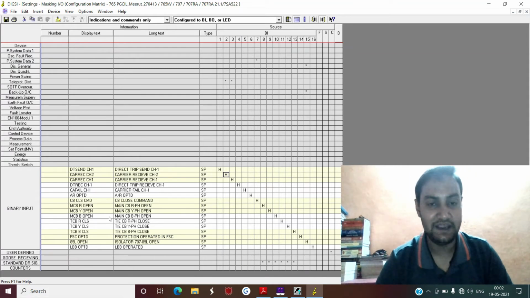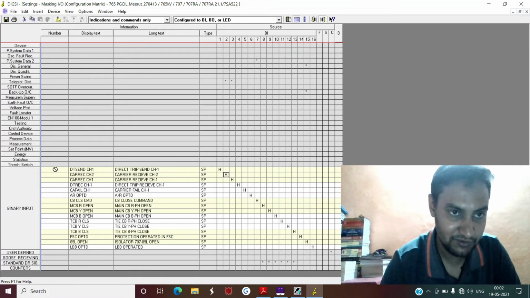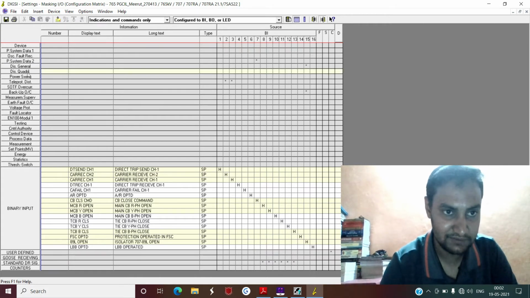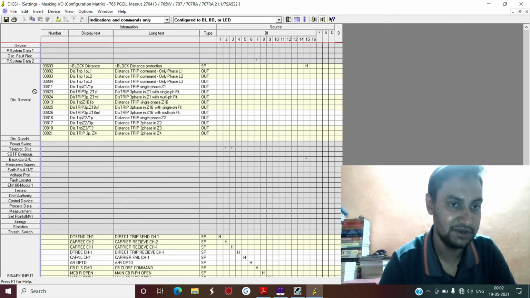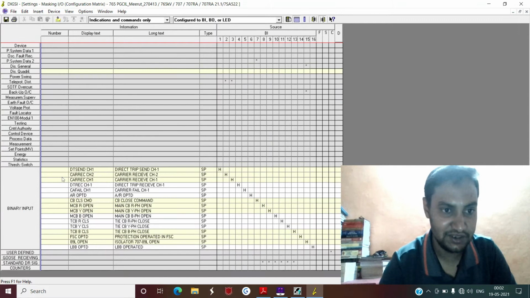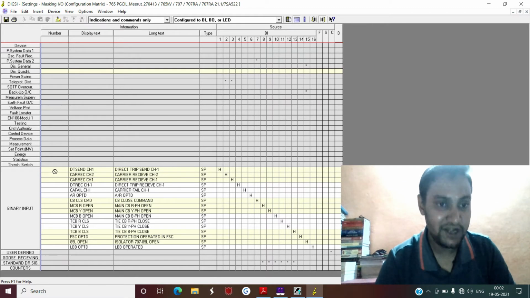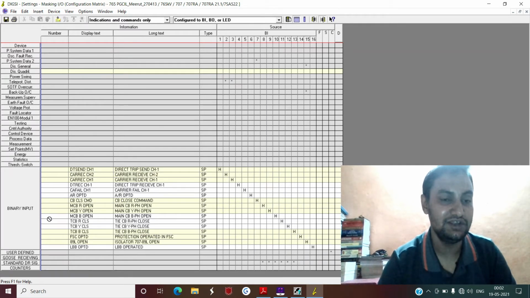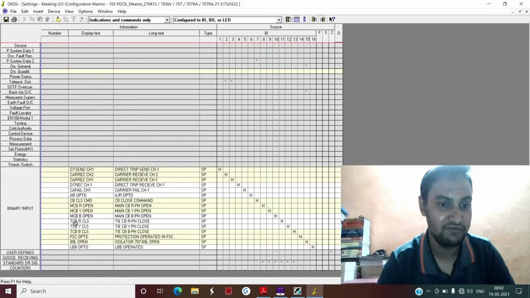Now one thing which is very important to mention here is that if you see in the above signals, there are some numbers mentioned over here. But if you see in this binary input, no numbers are mentioned inside this column. Whenever you see in this 7SA522 relay in the DIGSI software that no numbers are mentioned, then it is a clear indication that these signals are not the internal signals of the relay, but these are added manually. That means these are manually configured signals, and how you can add any manual signal is basically a very simple thing.